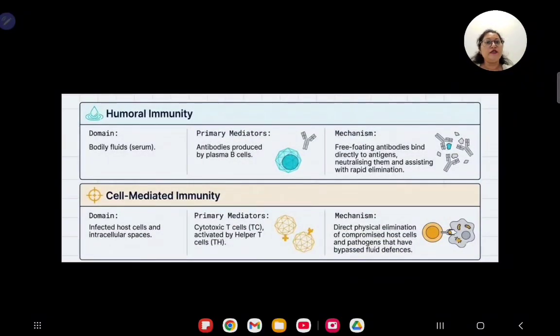What you see over here is a basic difference between the two types of immunity, humoral immunity and cell-mediated immunity. Humoral is mainly body fluids: blood, serum, lymph. The primary mediators are our antibodies, and the mechanism is that free-floating antibodies bind to antigens and neutralize them. The cell-mediated type involves infected host cells and intracellular spaces. We have our main players, T helper cells and TC cells, cytotoxic cells. They physically eliminate any pathogen or any dead cell